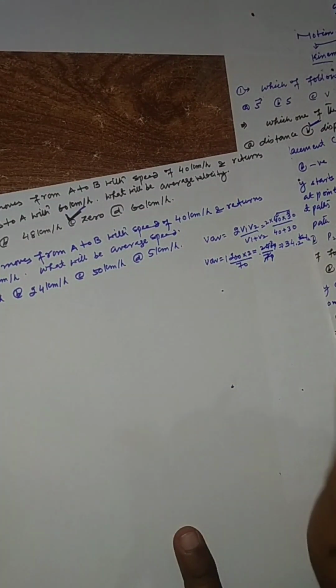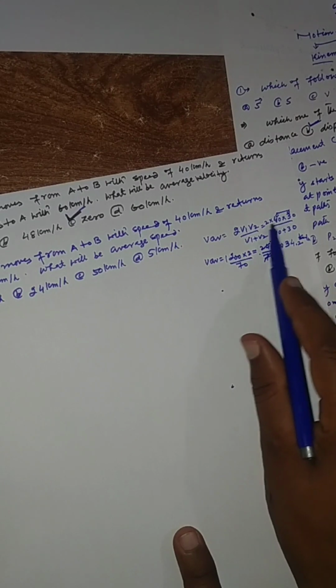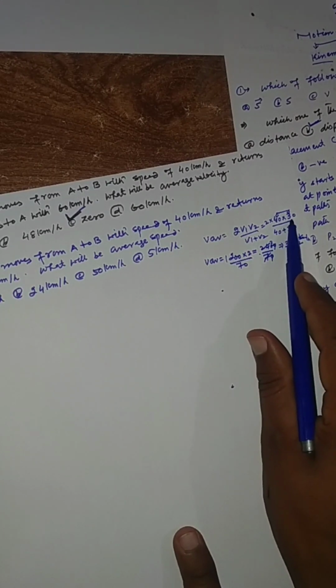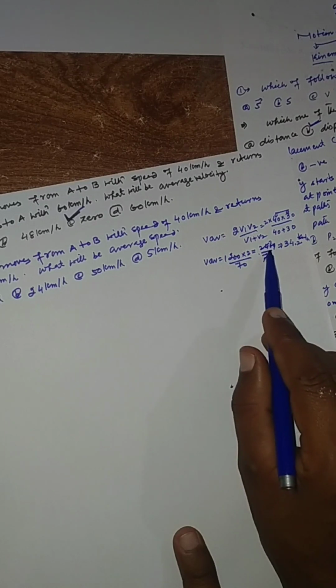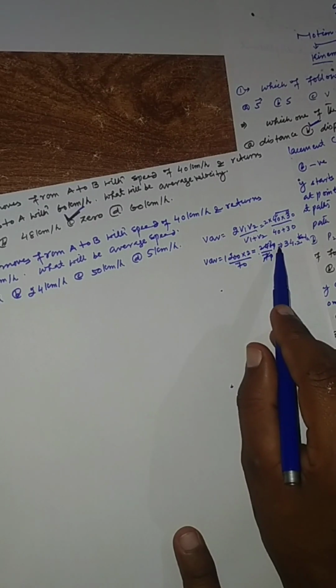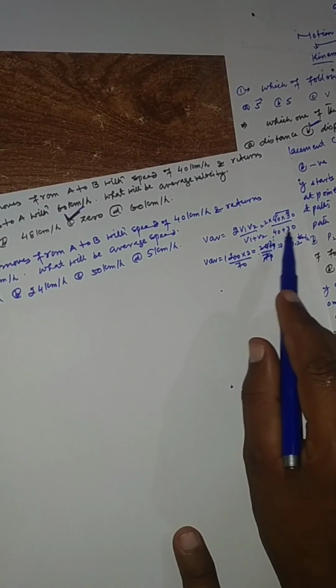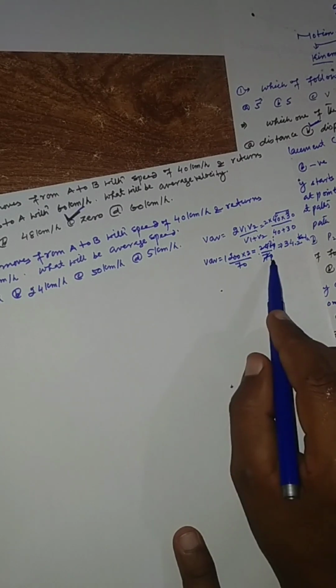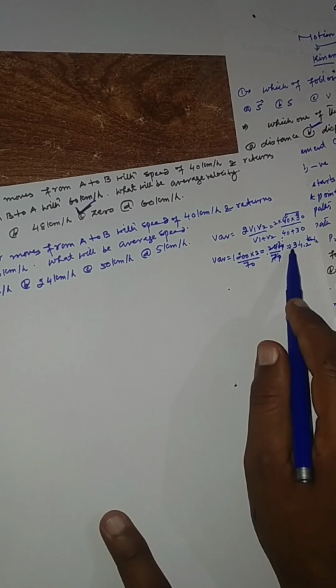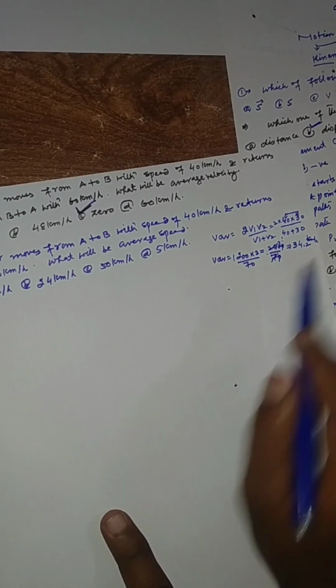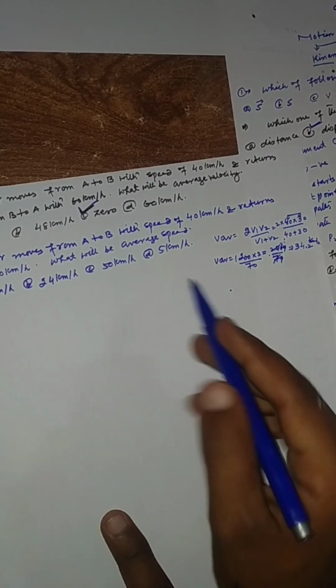By multiplying 40 into 30 into 2, we will get 2400 over 40 plus 30, we will get 70, and by solving this we will get 34.2 km/h, which is